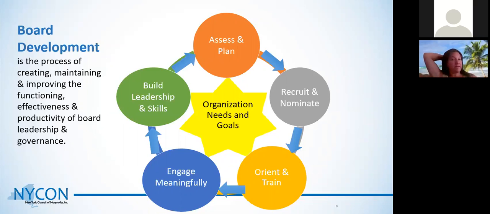to get them acclimated. And I think many organizations, when they have long-term board members, forget about this. They just bring new people on, they come to their first meeting and business continues as normal without creating space for recognizing that there's new people around the table. And that often isn't very welcoming and isn't really a great way for people to get up to speed as quickly as possible.